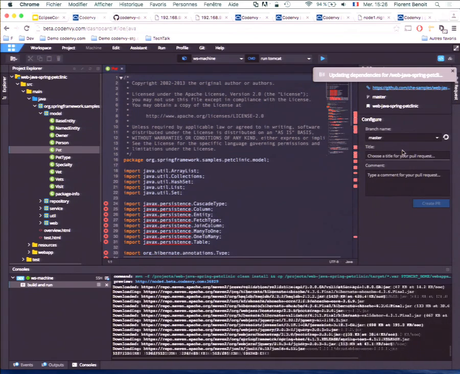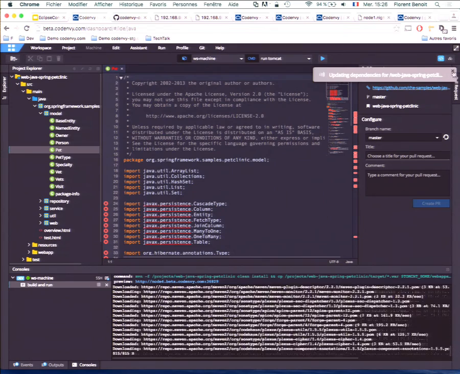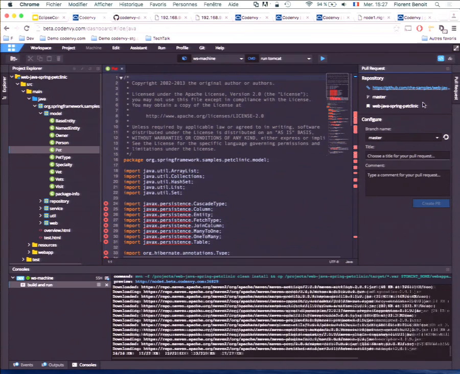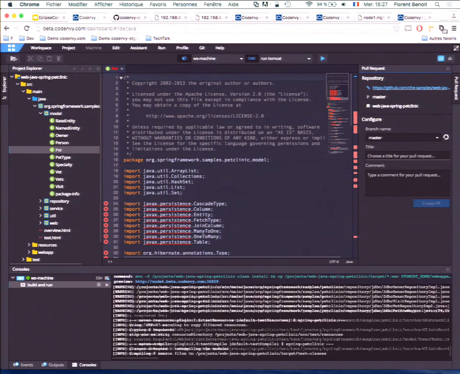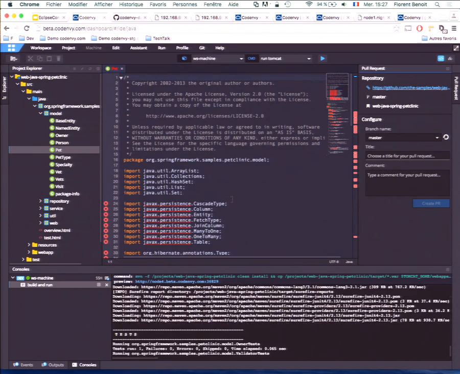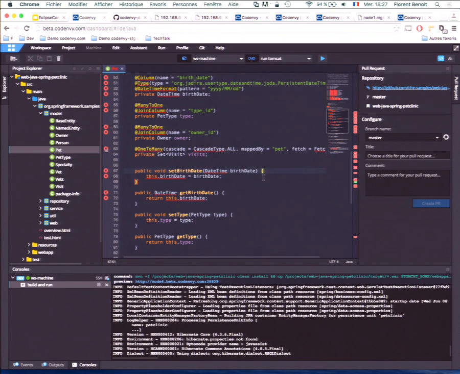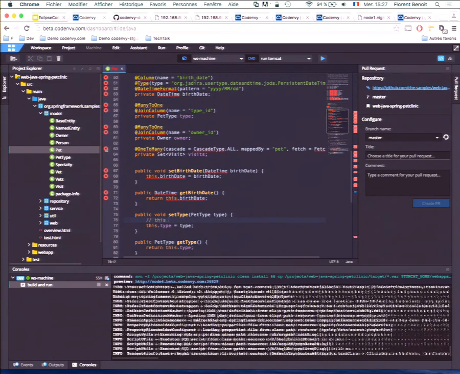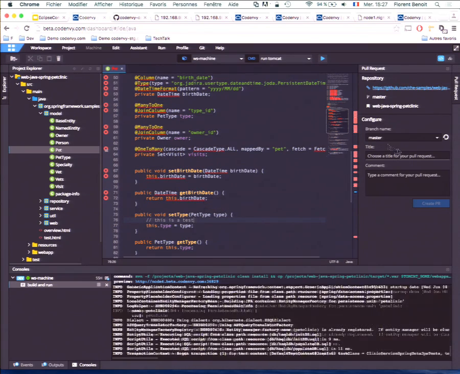And what is starting to be really exciting as well is that you have a panel that allows you to directly contribute a pull request. So you can do a pull request without having to install anything. So for instance, it is red because the Maven dependencies are not there. But if you change some lines in the code, you can go in the pull request panel.